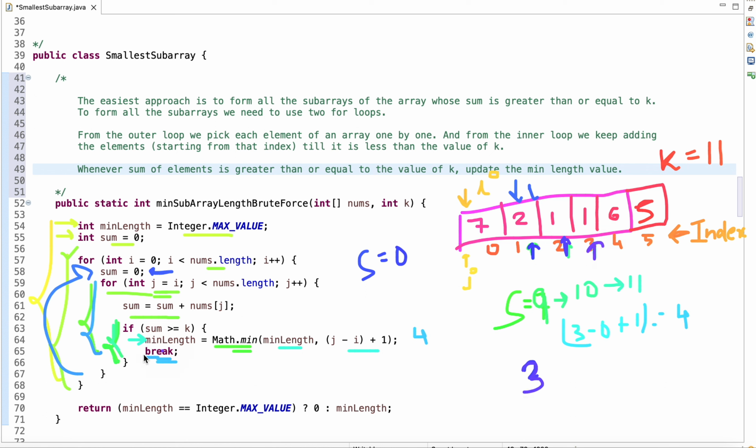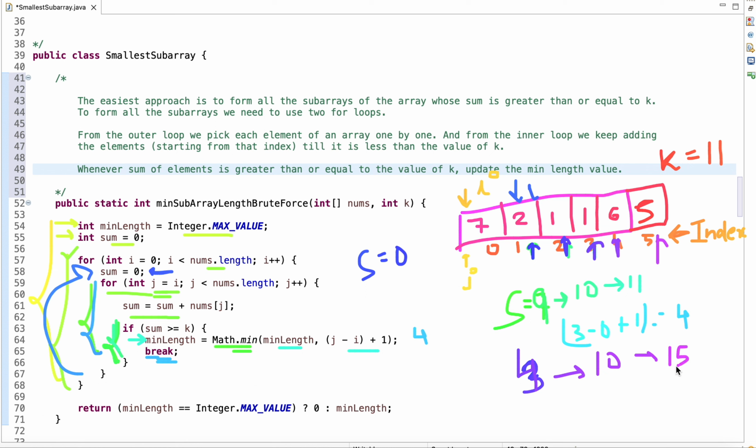Then again this condition is skipped, we pick 1, so the new value of sum is 4. In the next iteration the value of j is incremented, we pick 6, so the new value of sum is 10, and in the next iteration the new value of